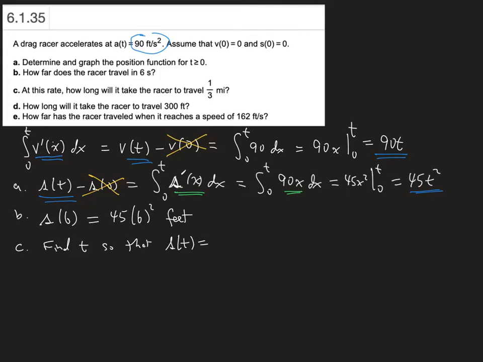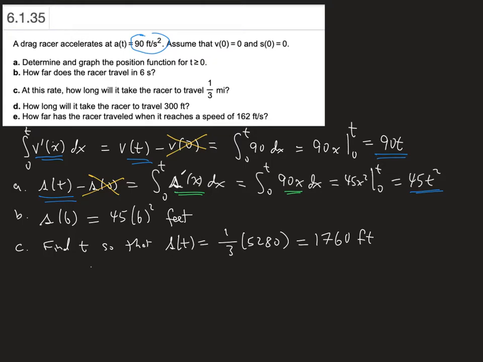So we need to convert 1/3 of a mile to feet. A mile is 5,280 feet. And so 1/3 of a mile is 1/3 of 5,280, which is 1760, I believe, feet. So this is the question. Find t so that s of t is